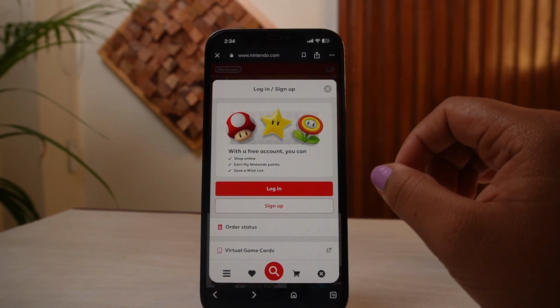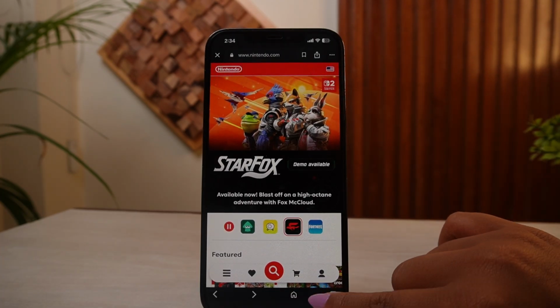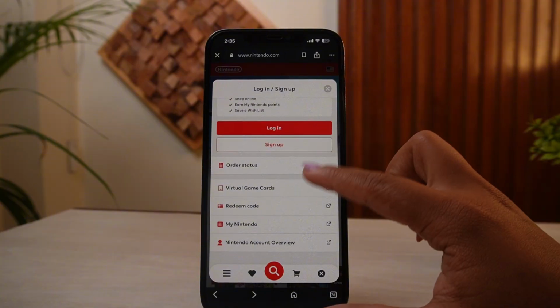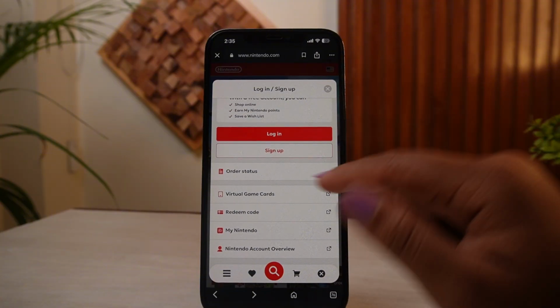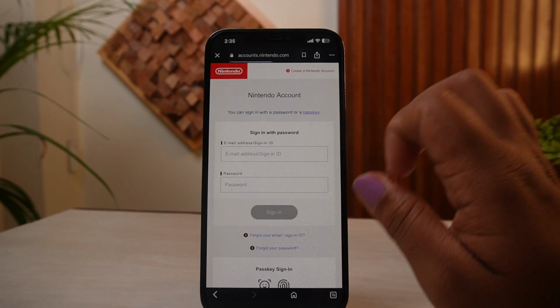So after successfully logging into your account, now what you're going to do is simply get into your account information. Simply tap on this account icon right here, and once you're logged in, you'll actually be able to see the option of your account information. Tap on that one, and after tapping on that one here, you will be able to see the option of